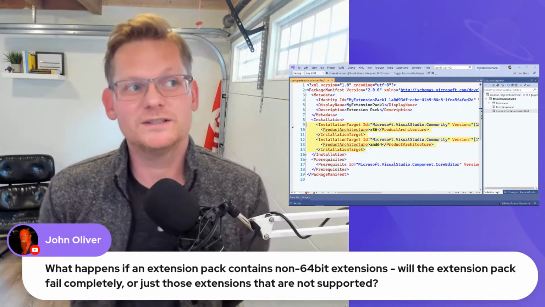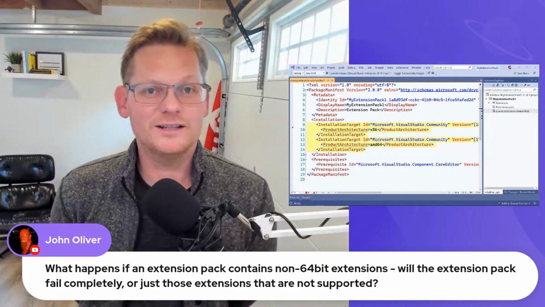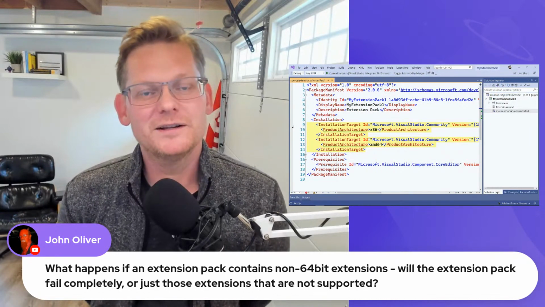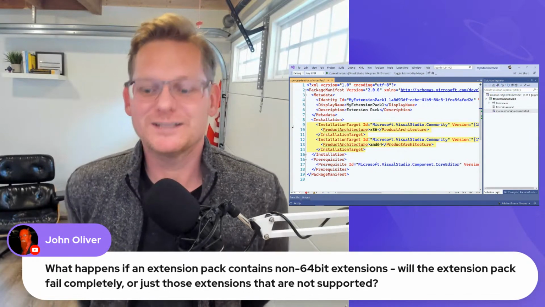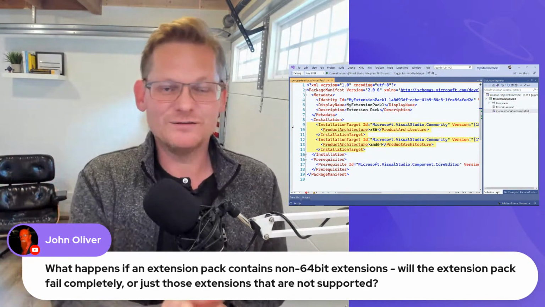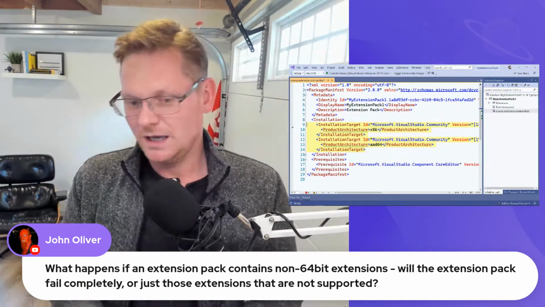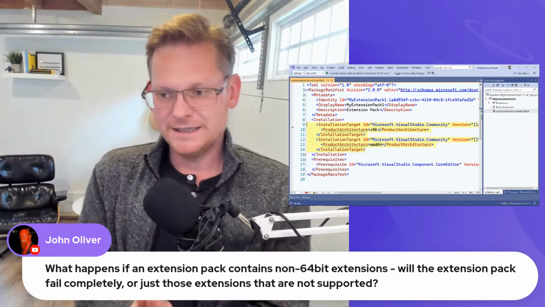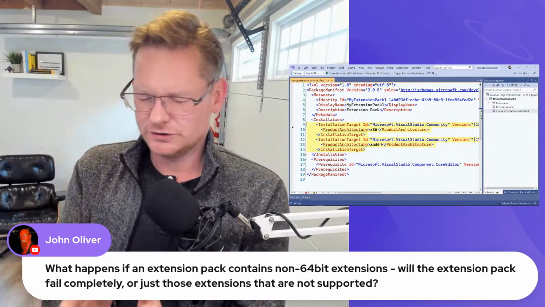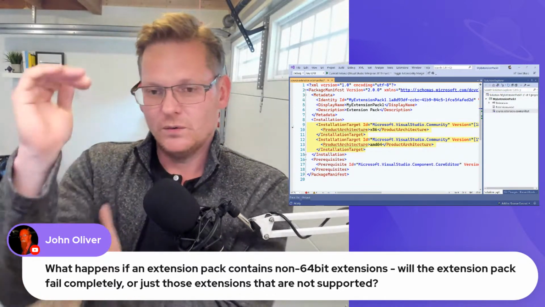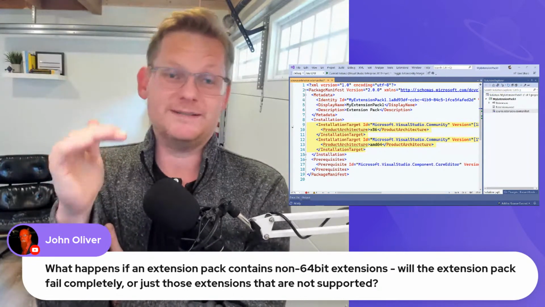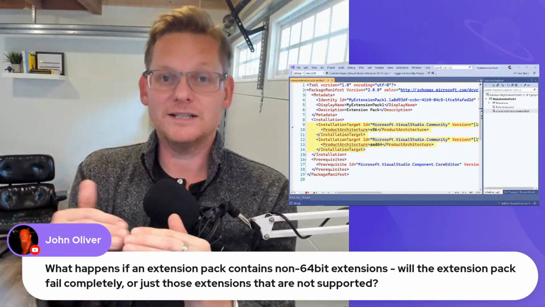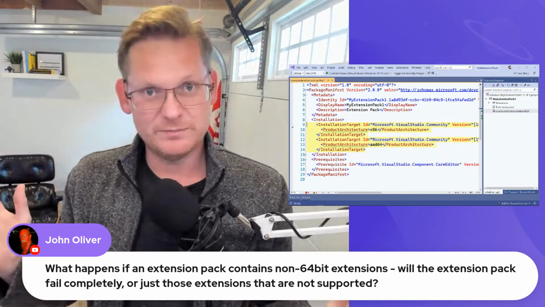Because this is how we so far have been able to handle the idea of having just a single extension that might carry with it multiple extensions targeting each individual version of Visual Studio. And the way it works today, and the way it will continue to work, is that the VSIX installer will basically try to install everything, but the ones that it is incompatible with, it will skip.